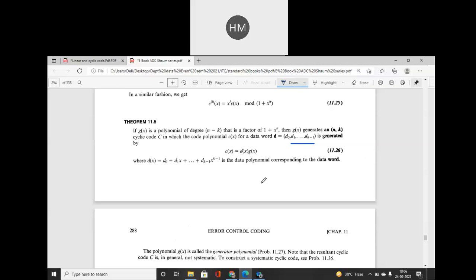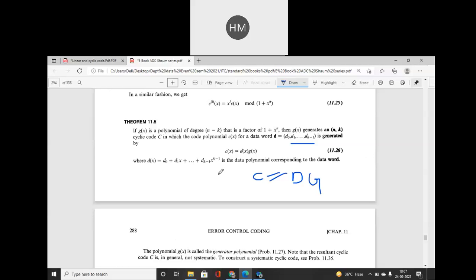Okay. And there, what we wrote in linear block code, C is equal to, we all know all these things were in matrix form, d into g. Okay, in matrix form we wrote C is equal to dg. Clear? Now the d of x, how will you write d of x? It will be the addition of all this data with their data polynomials. Okay, so d of x will be equal to, how you have to write it is very, very important and very interesting topic. D of x is equal to d0 plus d1 of x plus till dk minus 1 x to the power k minus 1.